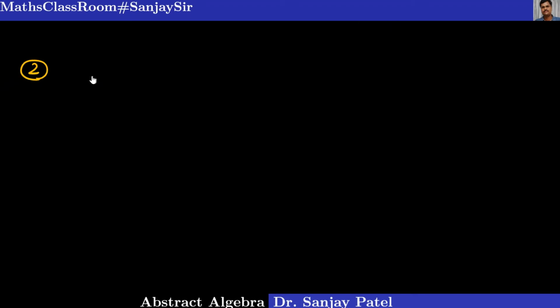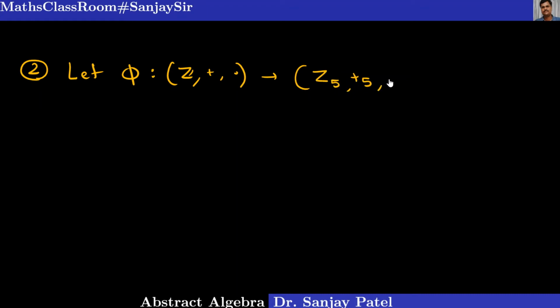Say, let phi be a homomorphism from Z, plus, dot to Z_n. Let me write a particular case: Z_5, the ring of residue classes modulo 5, be a homomorphism defined as